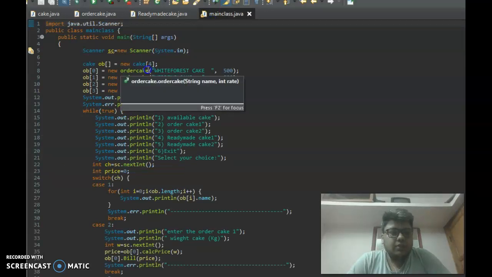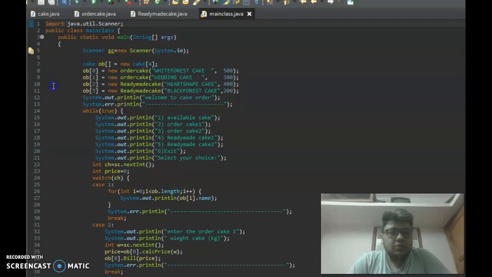And the main class. As we see, import java.util.Scanner, and public class Main, and the main function, and Scanner s is equal to new Scanner(System.in). Cake array object is equal to new Cake,